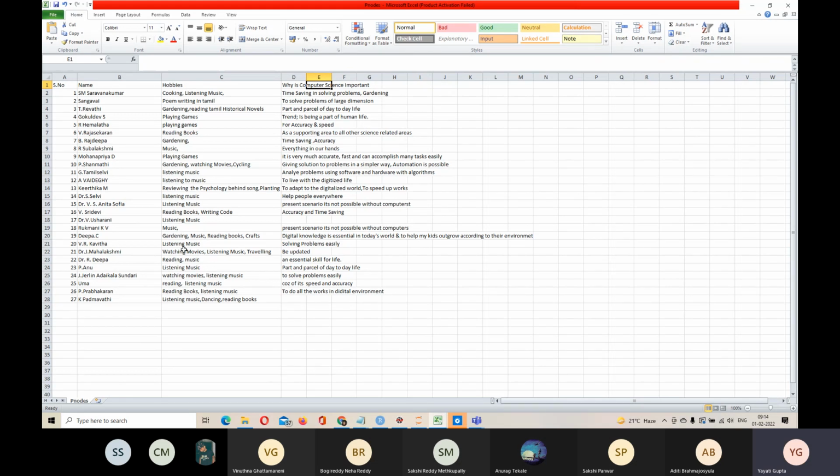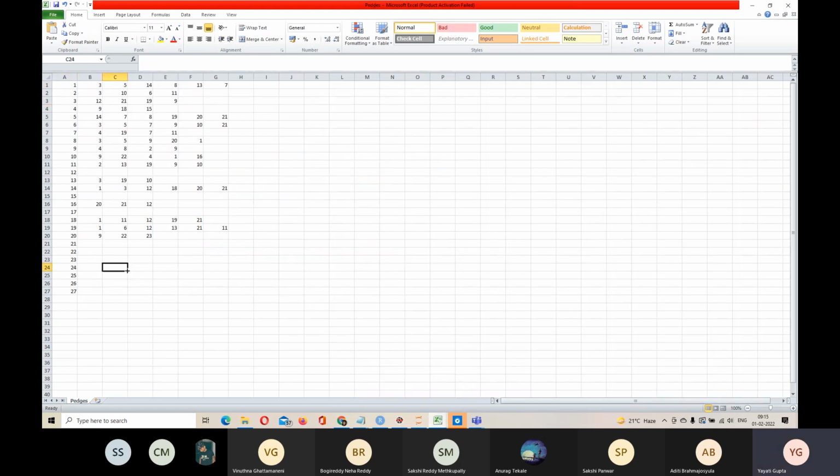The second data which was collected was this: each of these people had to look at the profiles of these people, profiles in the sense of what they have written in this form. They could also search for these people online, look at their other qualities, courses they are teaching, or how many papers they have published. And each person was asked to recommend a few other people. Recommend in the sense that, like a Twitter network, whom do you want to follow? As an example, this person, Revati here, will go through all these profiles, and then she'll tell me which are the people she wants to connect with. And that data you see here in this sheet.